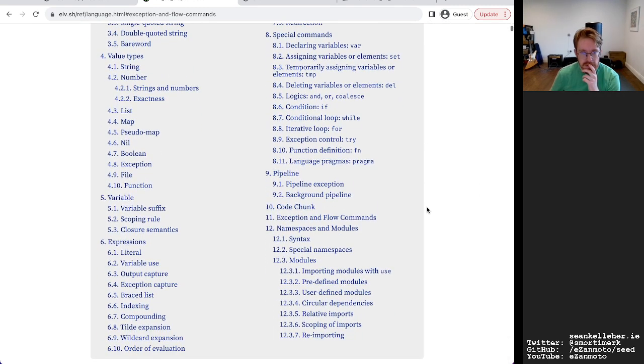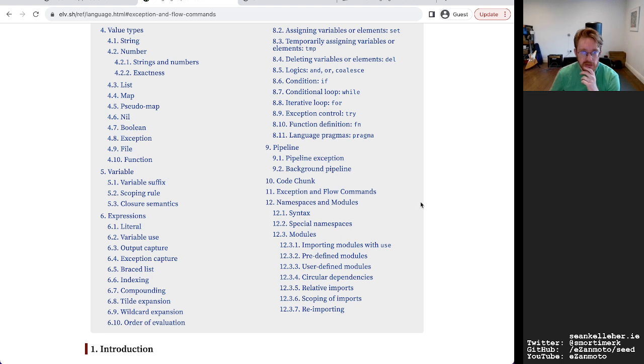So let's see. I mean, a lot of this stuff bodes well in terms of the language that I'm hoping to write, in terms of its necessity or lack of necessity, because there is a lot of prior art. I feel like a lot of the ideas I want to play around with already exist.